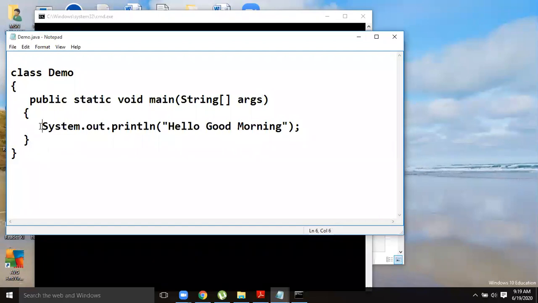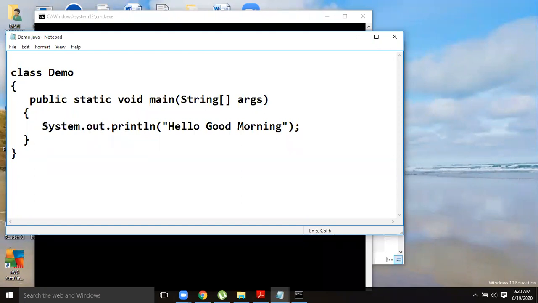So now coming to the body. You know any function or method contains in general a body. Body means some executable statements, whatever you write. In your C programming, you use this particular function, printf. In Java, the method is print or println. Okay, printf is also there. I will tell you later if you want separately. As of now, we need print or println. Java is an object-oriented programming language. So anything can be accessed with its class name or object name, with this dot operator. Dot is the member access operator.